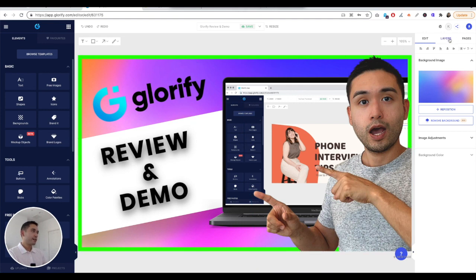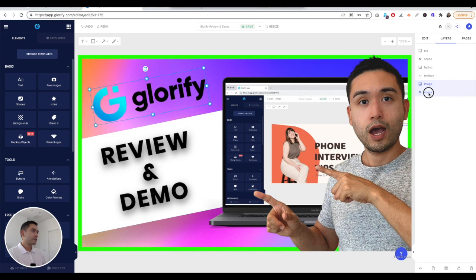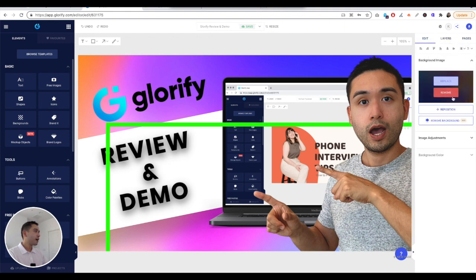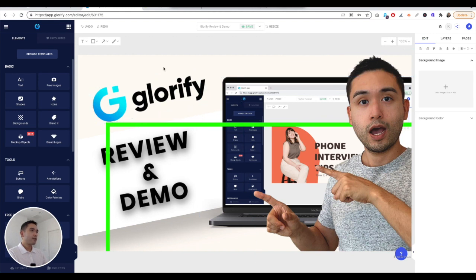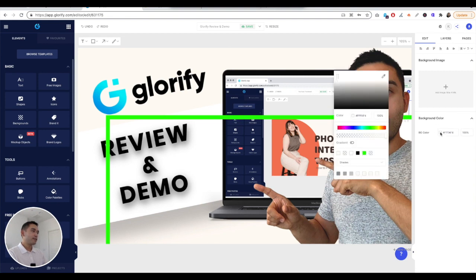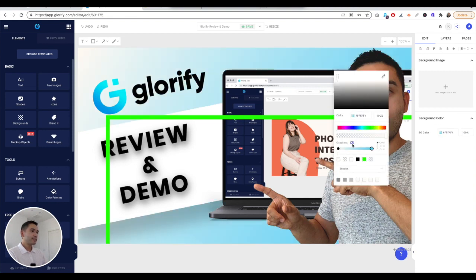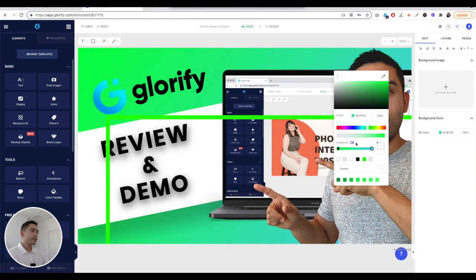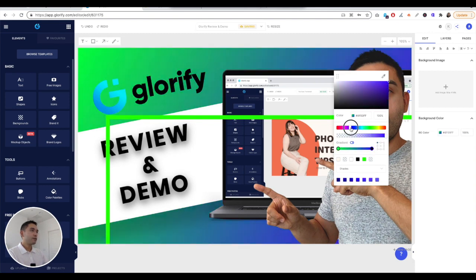I love gradients. So for example, let me move this and let me edit the background. So I'm going to remove the background. Okay, so the background is this cream color. So what I could do is add a gradient to it. So if I click here, turn on gradient, I can add any type of color I want. And that's amazing, right? So I could do like this green and then blue,